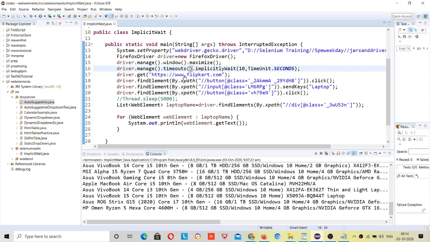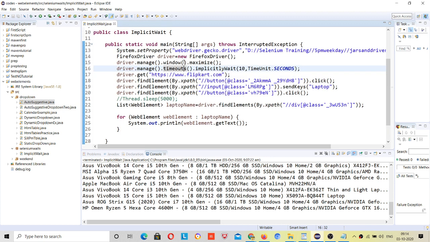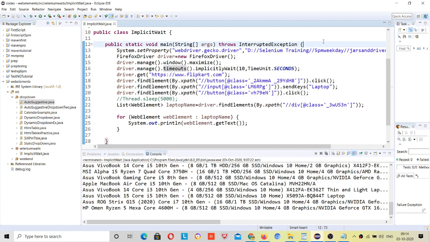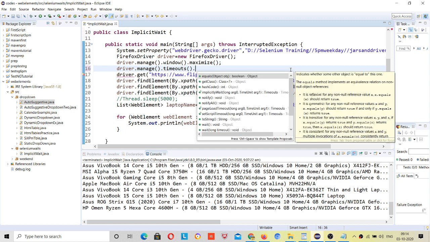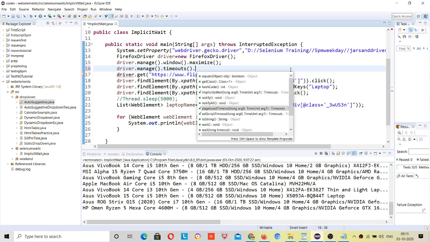Now if I look at this internally, inside this timeouts method, we have this implicit wait. And there is also the page load timeout, right?